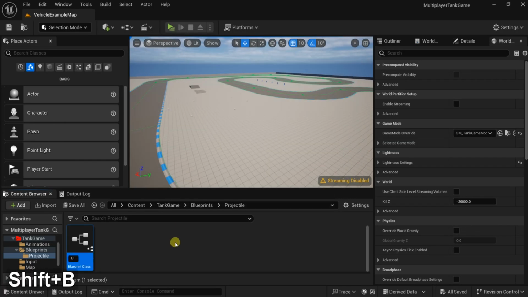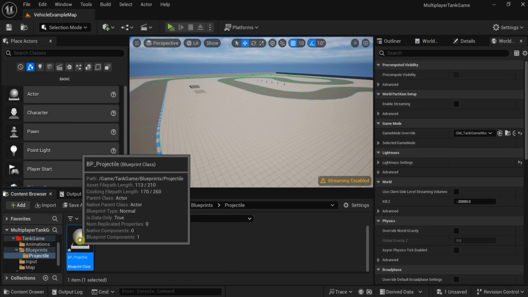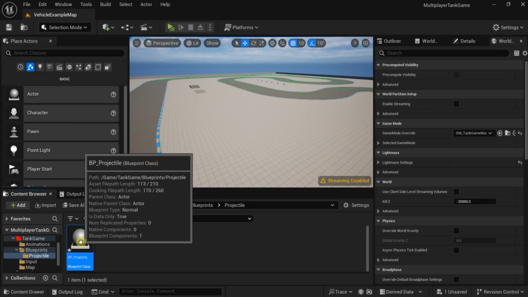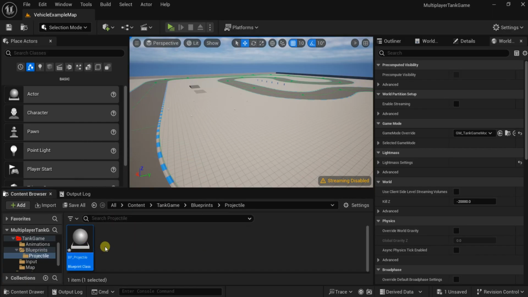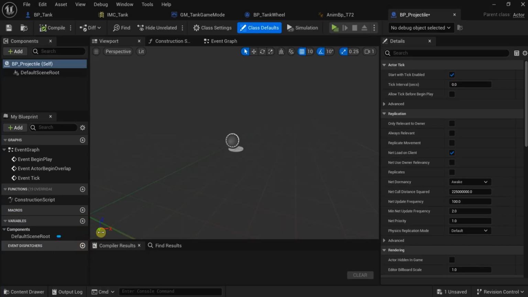Let's call it BP projectile, because later on we will make a specific projectile by making a child blueprint from this master one. We'll make specific projectiles for the Abrams, for the T72. Now let's open the projectile. Here what we need